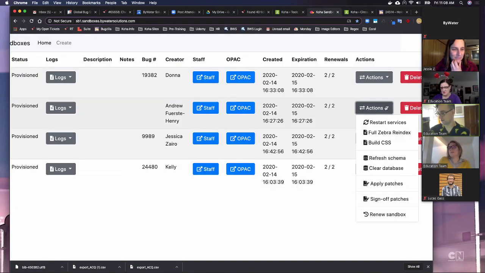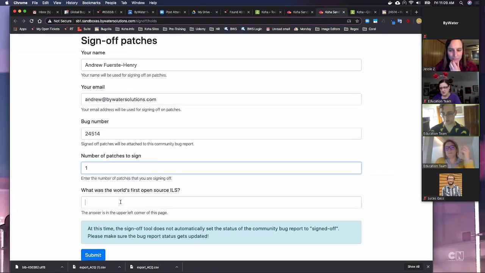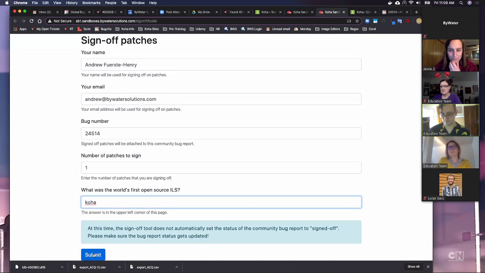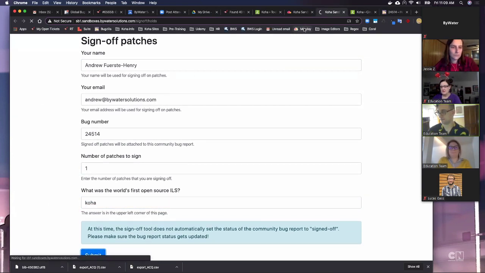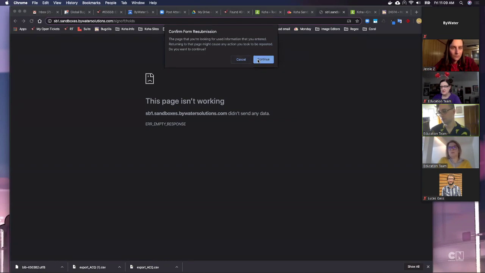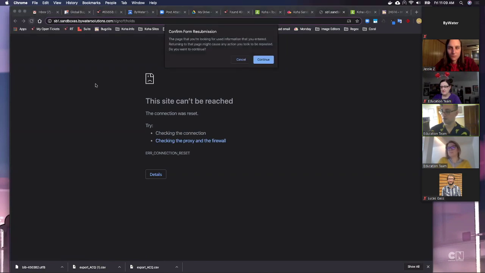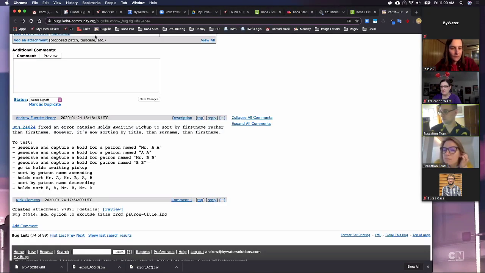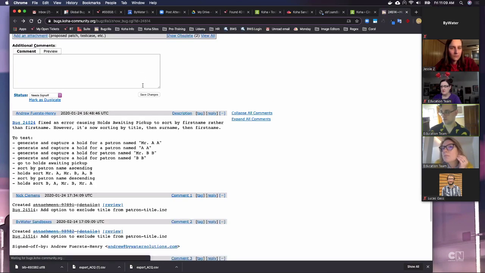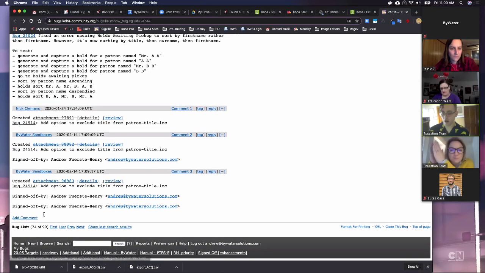So I'll come back here. I will mark this. Sign off. One patch. Koha. Let it spin its little thing here. Reload the page. Maybe don't want to reload that. That might make it cranky. Let's look here. Okay, it did the thing. It did the thing twice even, because I reloaded the page. And I am going to